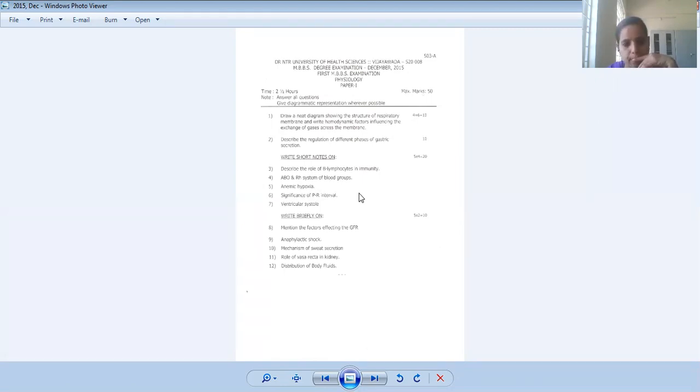What is anemic hypoxia? The amount of oxygen is decreased in the blood, so of course decreased oxygen uptake by the tissues. We have different reasons for hypoxia. Hypoxia is low oxygen tension in the blood and low oxygen delivered to the tissues, and the reason is anemia. The adequate amount of hemoglobin and RBC are not present in the blood, because of which, though adequate oxygen is present in the atmosphere, still the blood is not in a position to carry oxygen to the tissues. So that's what is anemic hypoxia.